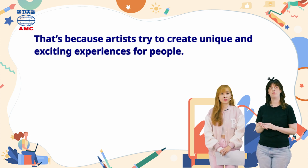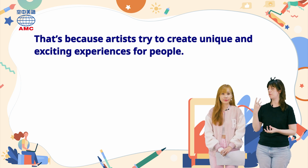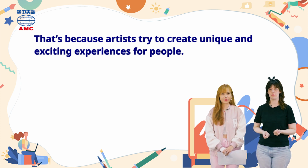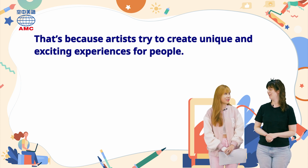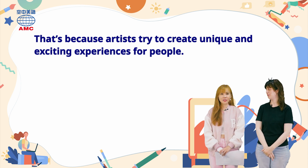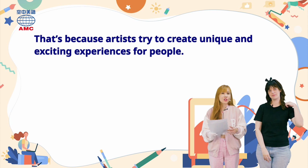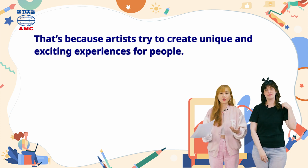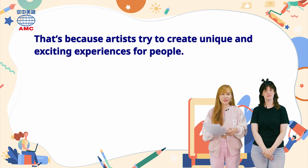True. And then there are more museums with installation art that is wanting to make you feel something, to experience something, like Van Gogh Alive. Ooh. Yeah, where they had the paintings on the floor and all that sort of stuff. Wow. It was really cool. So cool. Okay, back to the article, this is because artists try to create unique and exciting experiences for people. But first, let's look at our first power word, the adjective